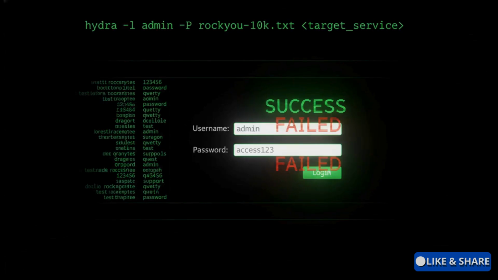So here's what that looks like in the real world. This is a classic brute force attack. You take a tool like Hydra, you give it a username you know exists, like admin, and you feed it a giant list of common passwords. This example is using a list of 10,000, and the tool just tries them, one by one, over and over. If the website doesn't have a system to stop you after, say, 5 bad guesses, then it's really just a